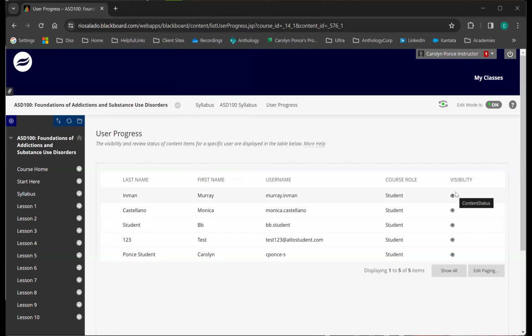So if she implements any of those tools, some students may not see certain content until they've completed other content, but that user progress is a way for your faculty to double check that everyone can see a piece of content within your course. Or if somebody says they can't see it, they can come here and verify that no, they cannot see that particular item. So like, it will have a slash through it type of thing.